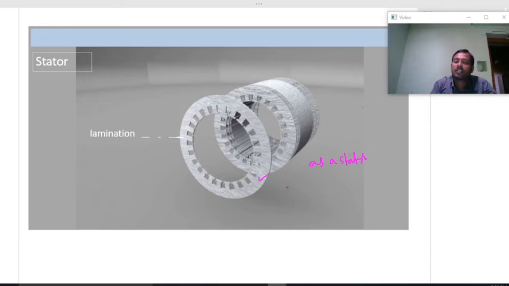The specialty of lamination is, for example, this is one lamination, this is another lamination. Whatever flux links with a lamination produces EMF inside it, and current circulates inside that lamination. The current flowing in this lamination cannot link with the adjacent laminations, so the cumulative current cannot be added. For example, this is I1, this is I2, so I1 is separate and I2 is separate, and I1 and I2 will not be added, so a smaller amount of heat is generated by providing the laminations. That is the advantage of laminations.